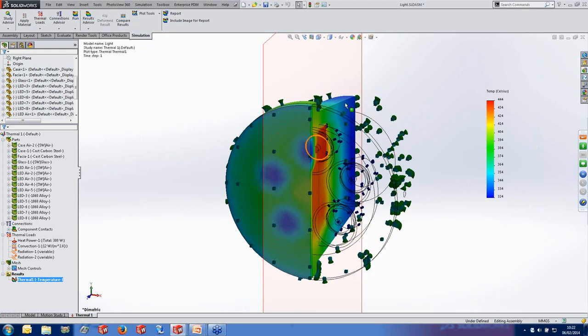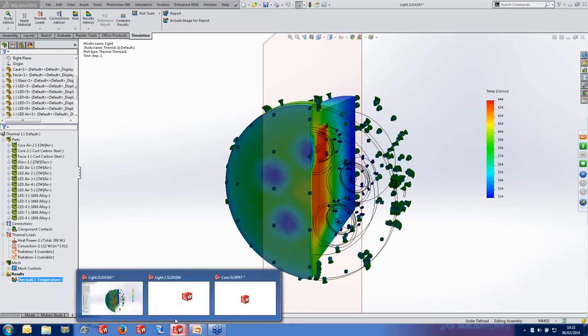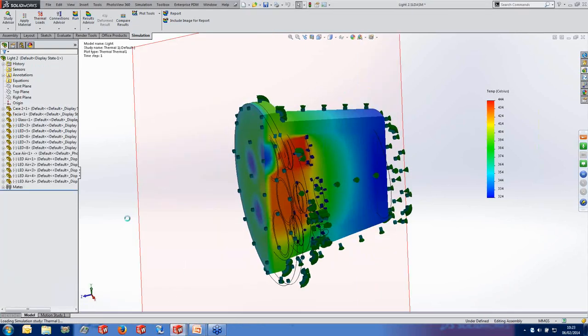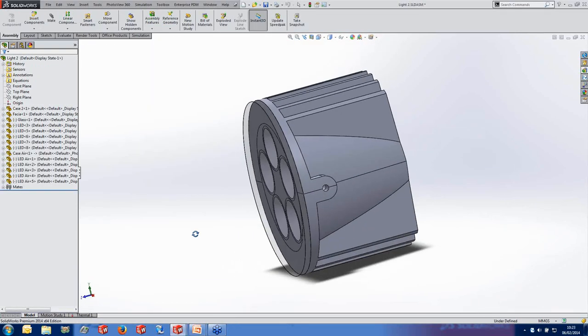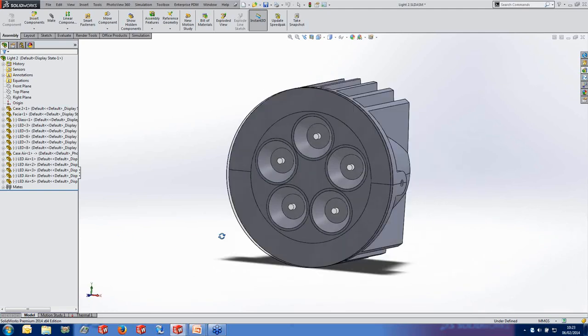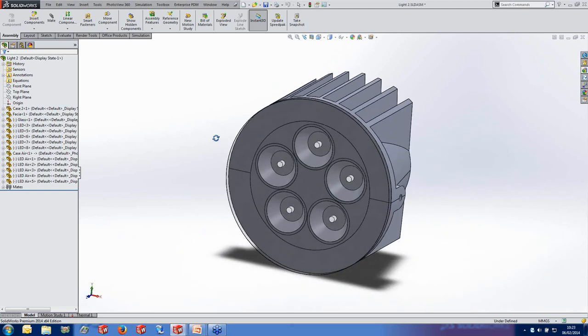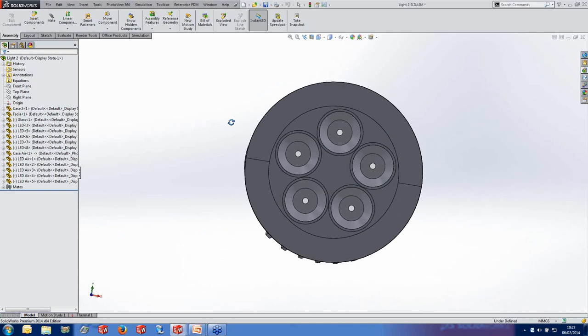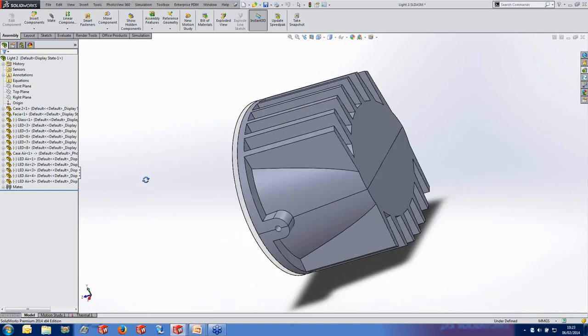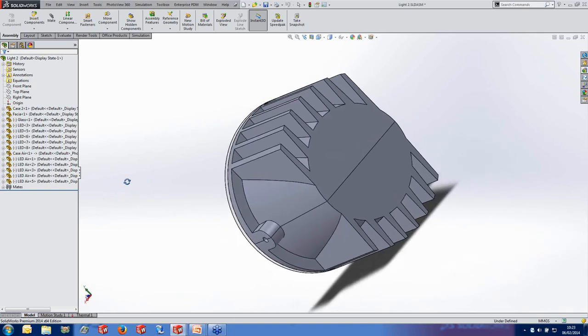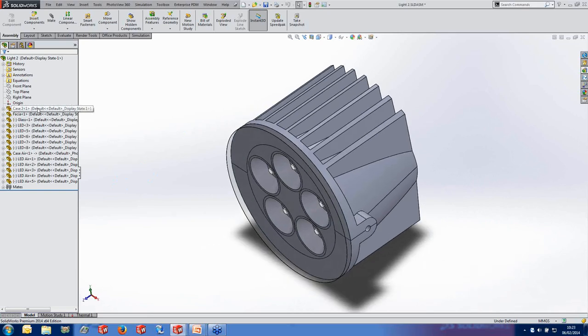So what we want to do is try and improve the cooling effect of our case. So this is where we come to our next model. So if I jump across to light version 2. Exactly the same principle, but you can see what I've done is I've added some nice fins to the back, rounded them off so you can't see them when you're looking at it from the front, and then we've gone through the same process of improving things for molding. So if I just open that up,